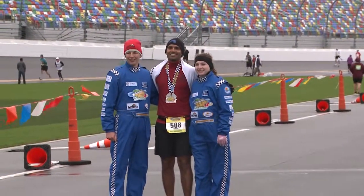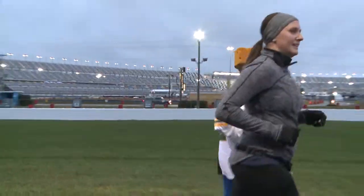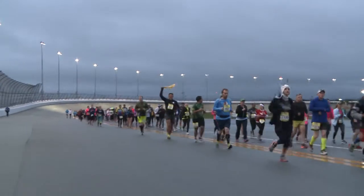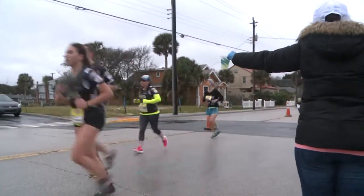Marine Science Center's growth. Nearly 900 of the half marathon and relay runners live outside of Volusia County. They also came from 28 states and from 7 different countries. County Manager Jim Deneen believes the Daytona Beach Half Marathon will have an even greater impact on tourism in the next few years. And what we're really looking for is to make it a big family event in this community